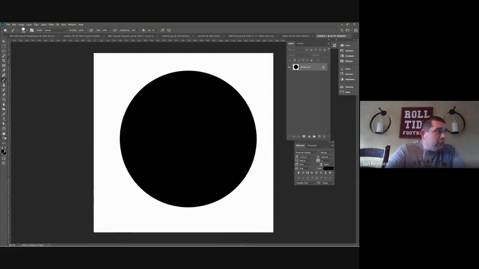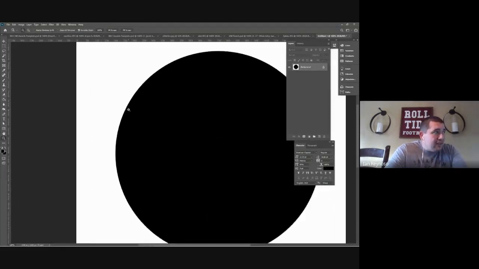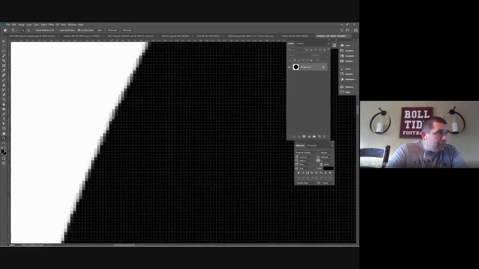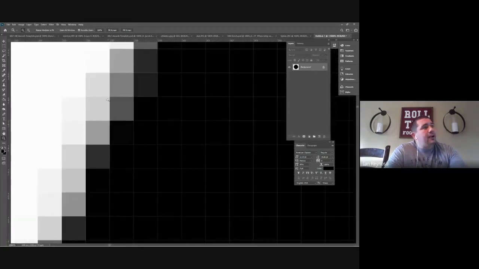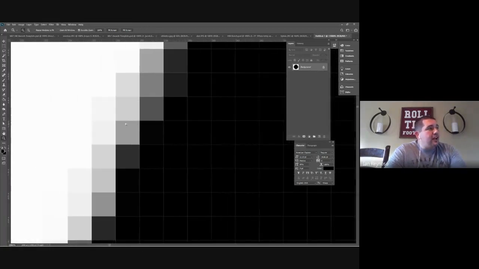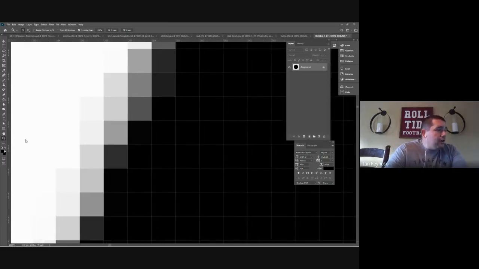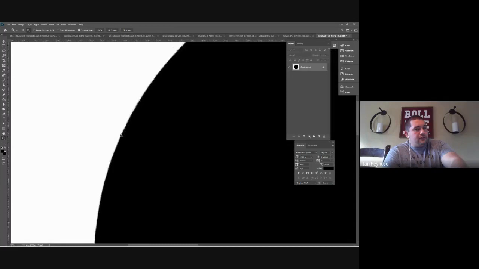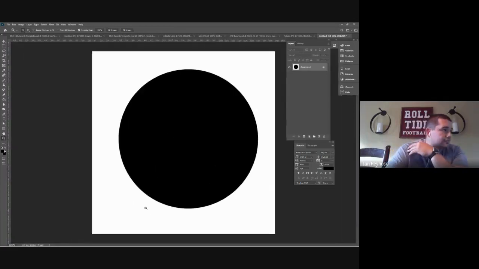But we understand that this is made with pixels. So if I zoom, and I zoom, and I zoom, we start seeing those pixels. I can go all the way until my magnifying glass turns white. I can't magnify anymore. And we see that I have all these little gray pixels along the outside of my screen. Now I'm going to go with Control, Alt. And I'm going to go like this. If I go to Illustrator,